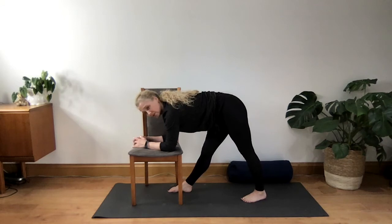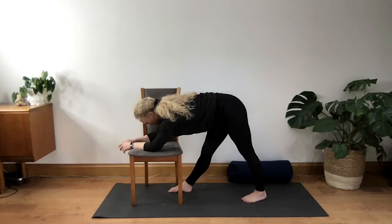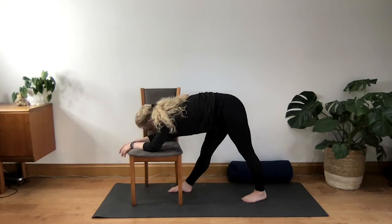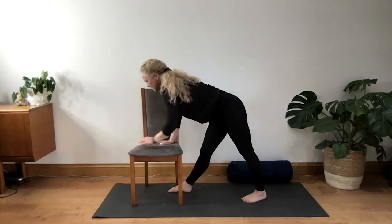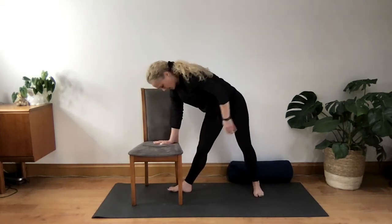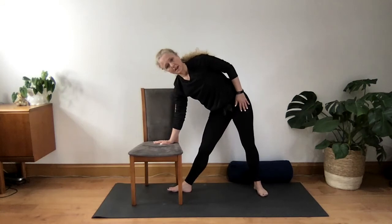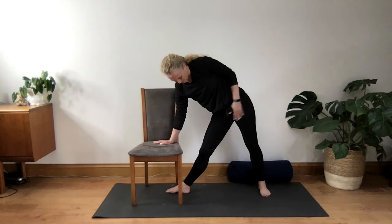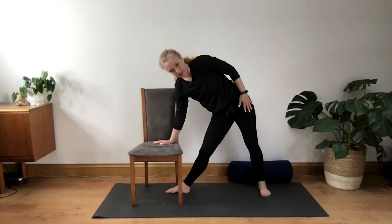Those of you who are really flexible, without overstraining it, you could come to rest the head down on the chair. But watch that you're not overdoing it today. And then releasing it back up, walking the hands back up if you've come all the way down. And then we're going to turn the hips. So we're stepping the left leg back a little bit and coming into a triangle pose of sorts. So the right leg straight, left leg straight,